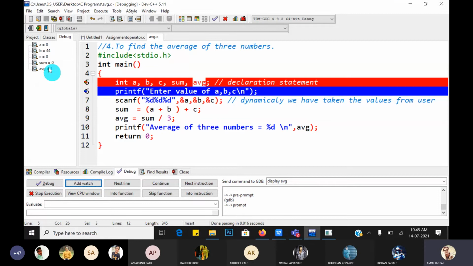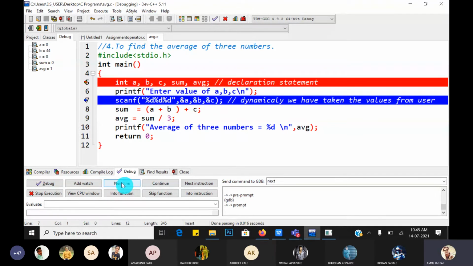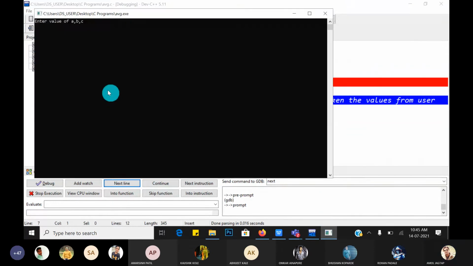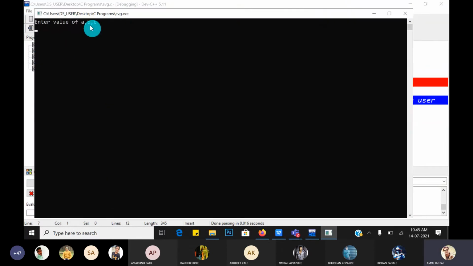The initial values are garbage values, like 0, 44, 0, 1. Next line, enter value of a, b and c. This gets executed, scanf is executed. So this is the first line. First I have taken 20, 10 and press enter, and let's check.